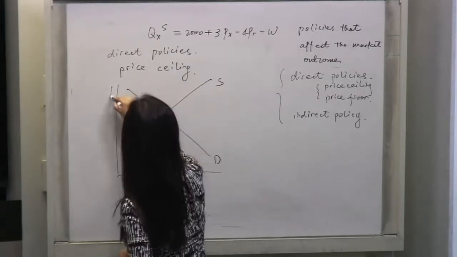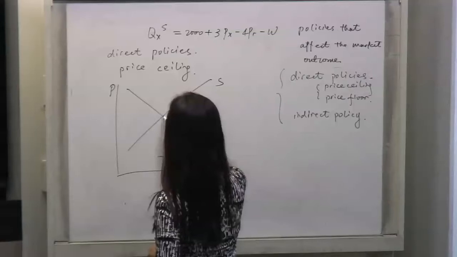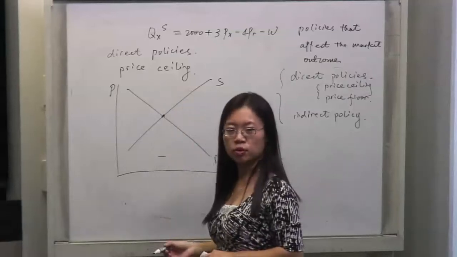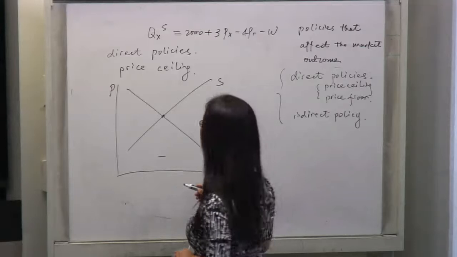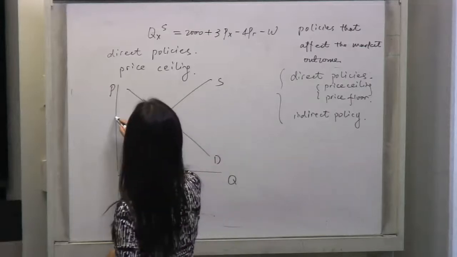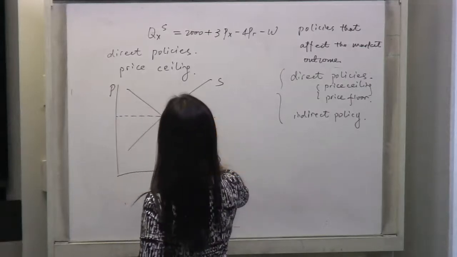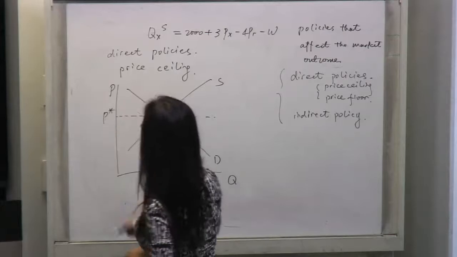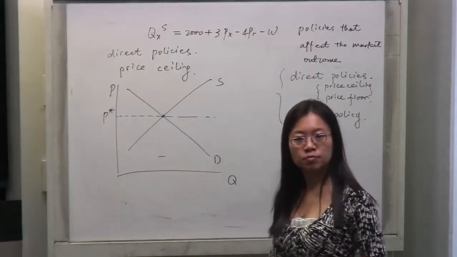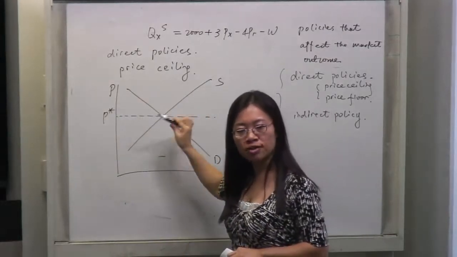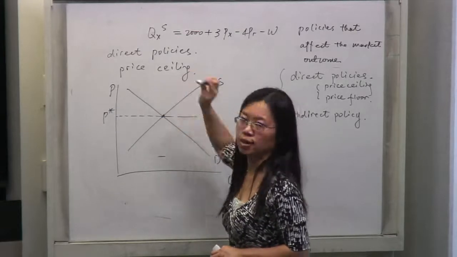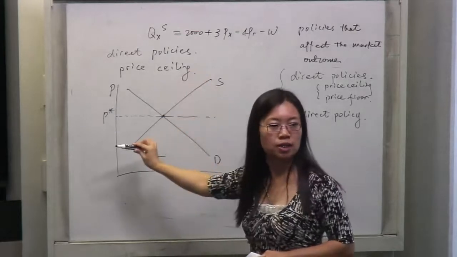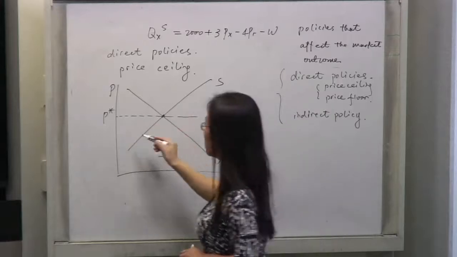Demand is here, supply is here. You all know this is the market equilibrium point, right? I did not really mention it, but I assume everyone knows the point here is the market equilibrium point. This is what we call the market equilibrium price. If the government thinks this price is too high, then the government is going to use price setting. So where is the price setting? Below it.